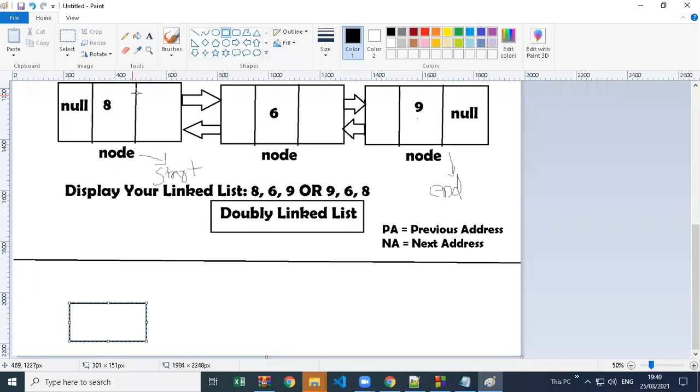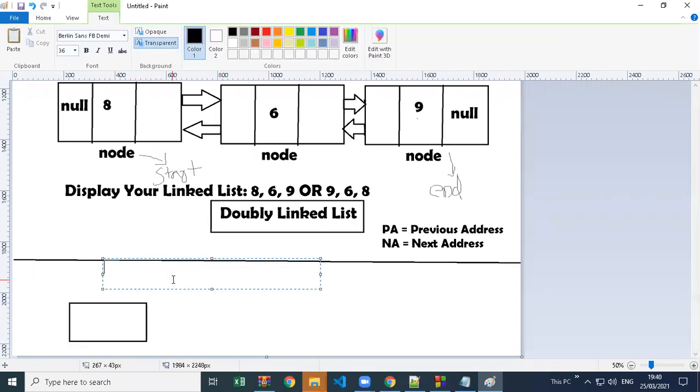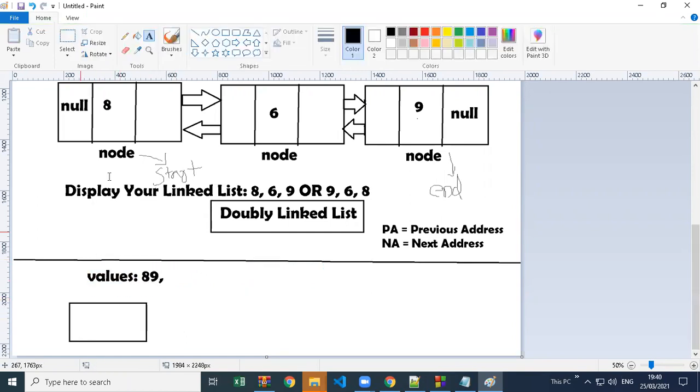Let's say I want to store values, and this time I want to store 89. So one memory is created. This memory has only two blocks, same as the first one.